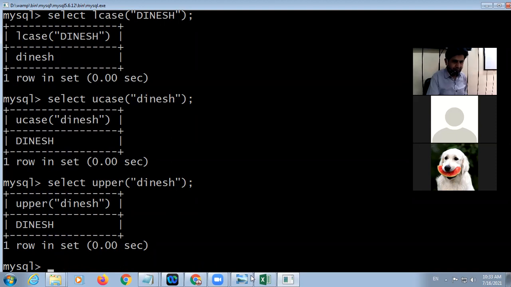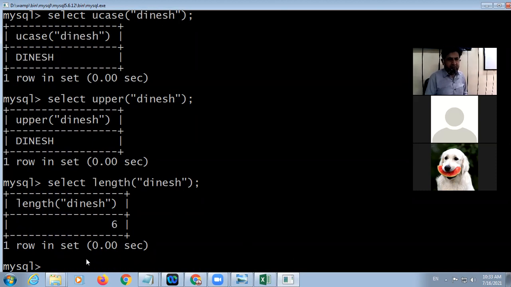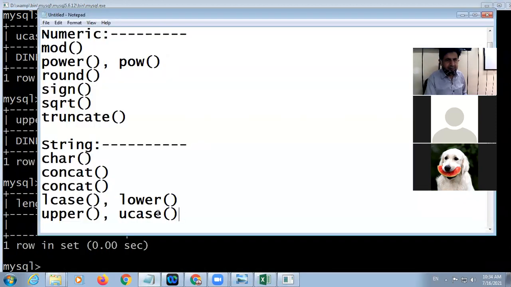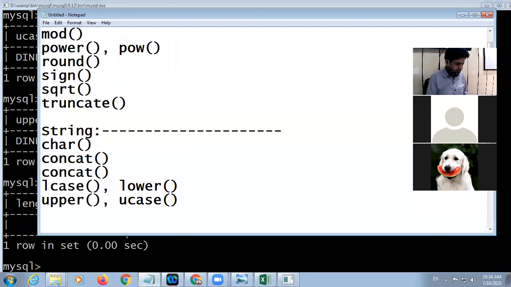Next is length function. So length function will return the number of characters, including spaces. So here is length function.